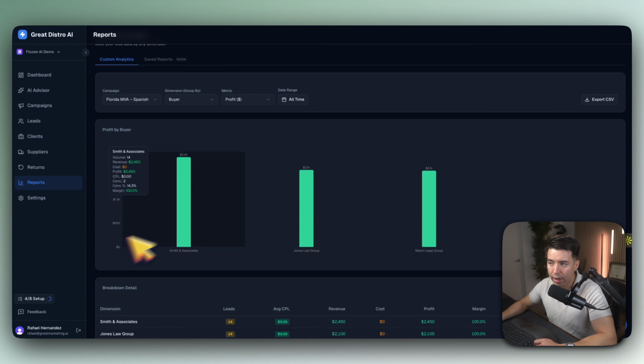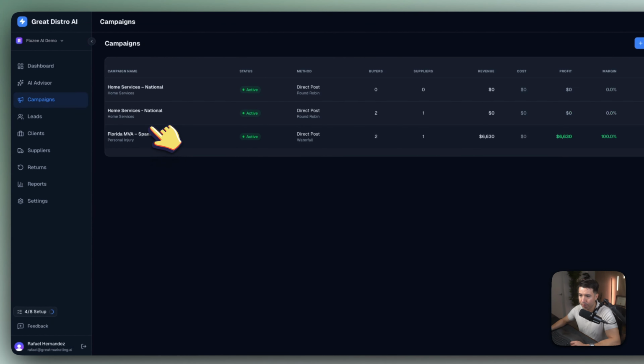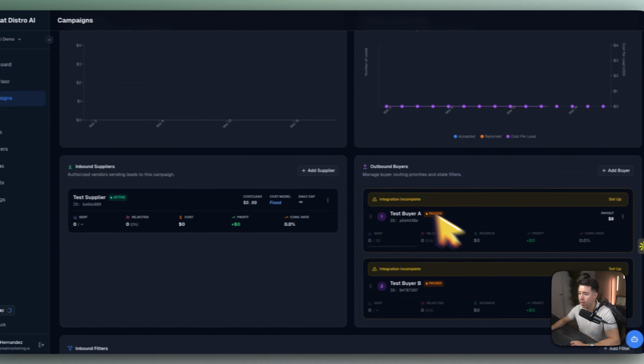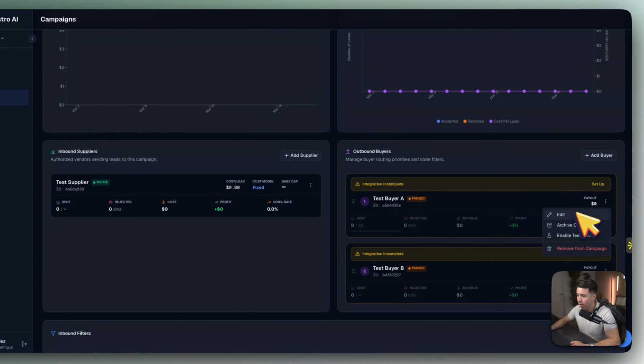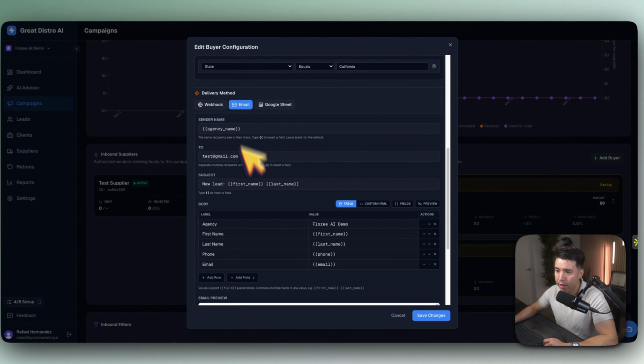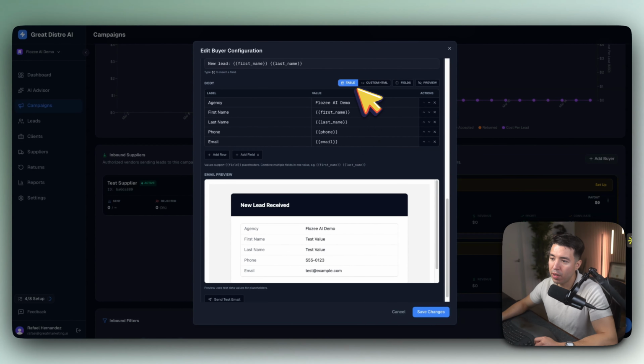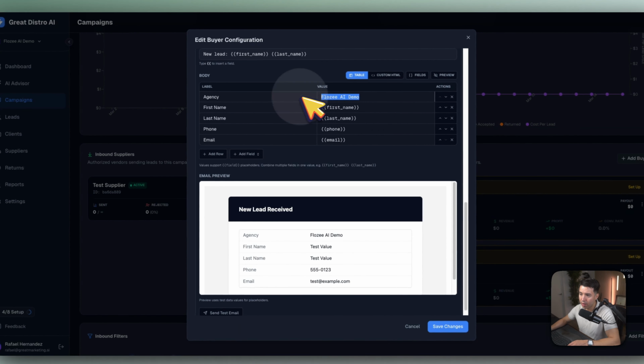And then the last thing I wanted to highlight really quick is if you go to the campaign, let's go to one of these campaigns here. And if I click edit, here where it says email, we have two ways to send emails. One of them is to use this template version. So you can just update this,